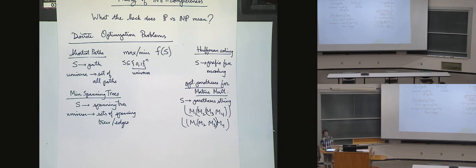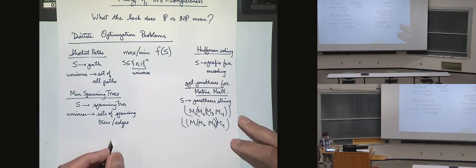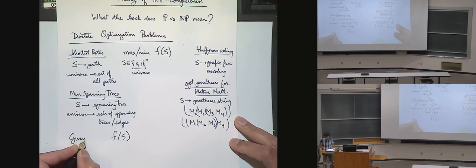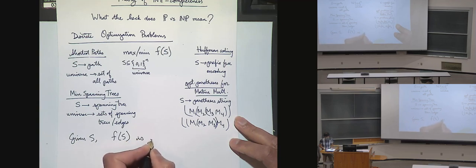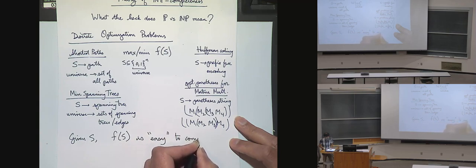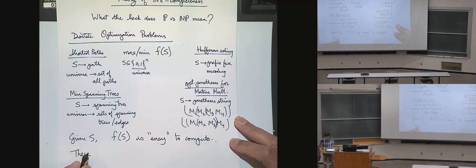And in all of these situations, what you have is, given S, f of S is easy to compute and there are exponentially many options for S,